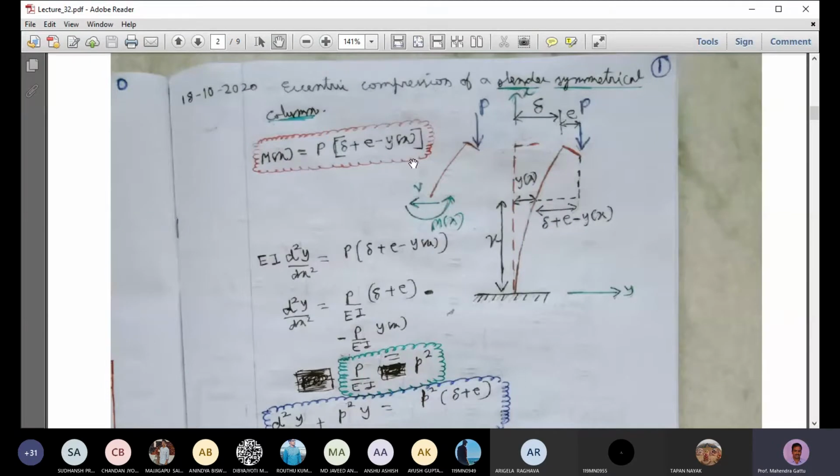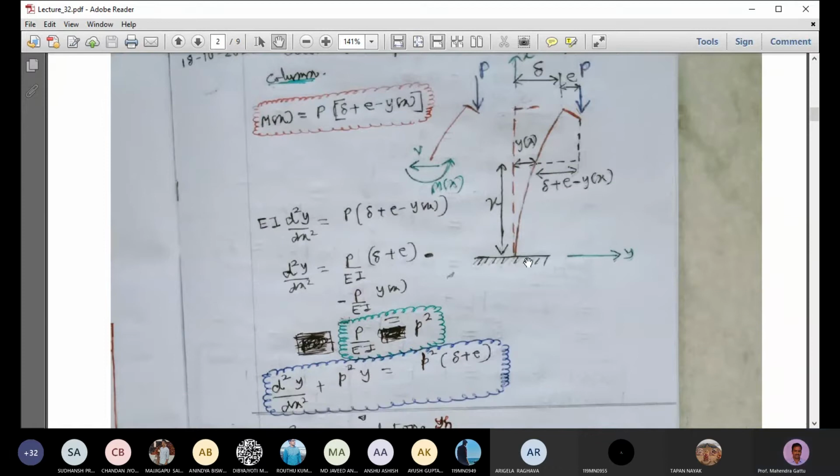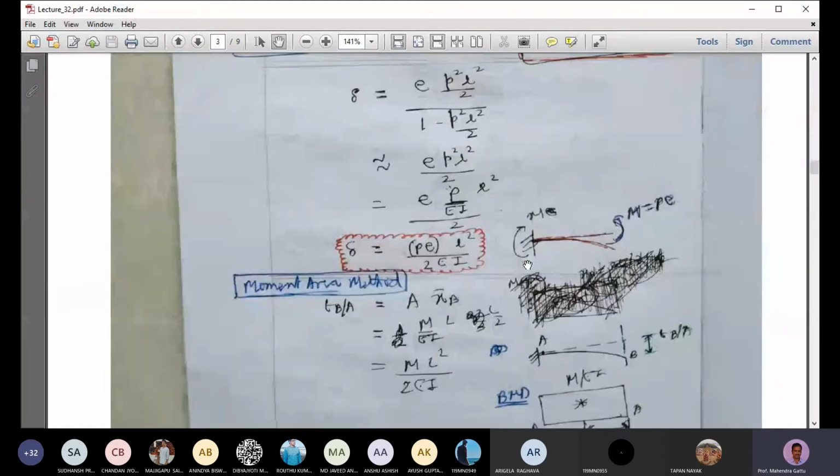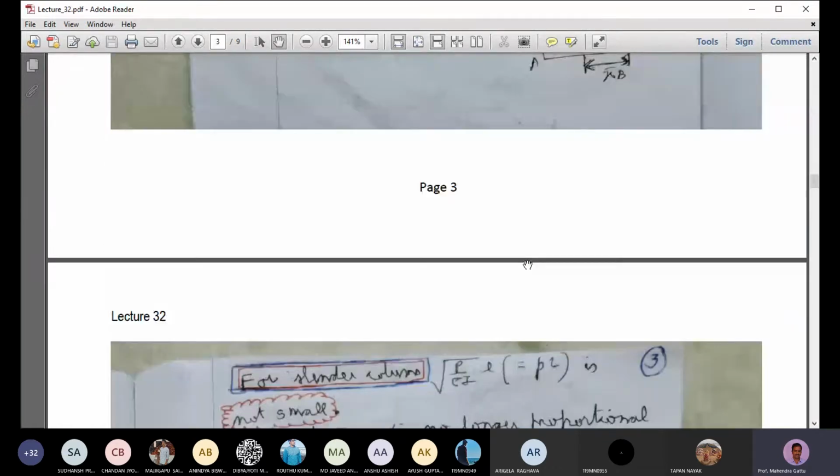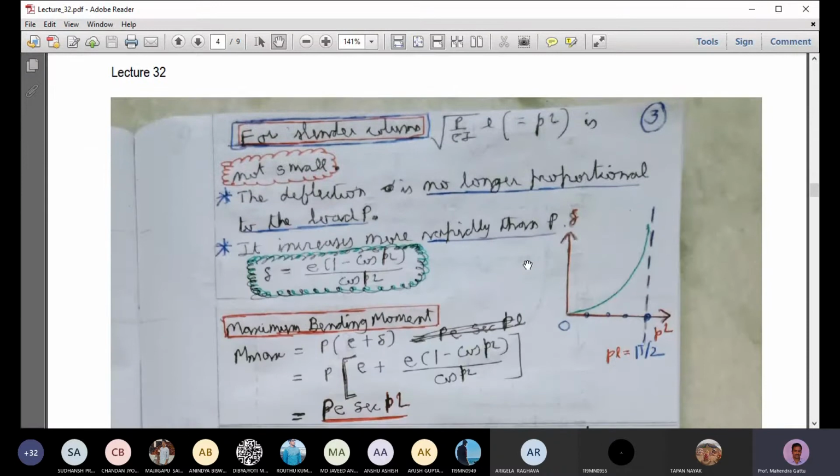This is called the second order analysis. So we are accounting for the additional deflections, additional moments coming due to the deflection. Okay, so we found some solution for the deflection. It was a function of